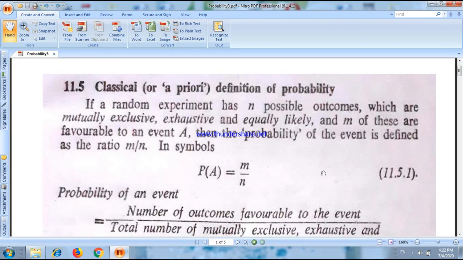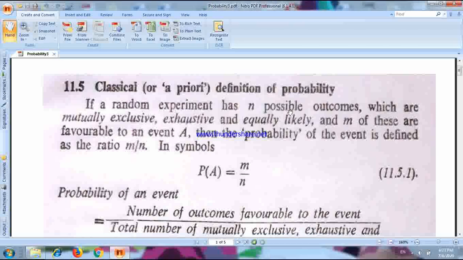So let us start with a classical definition or mathematical definition. The definition says, if a random experiment has n possible outcomes, and if these possible outcomes are mutually exclusive, exhaustive, and equally likely,